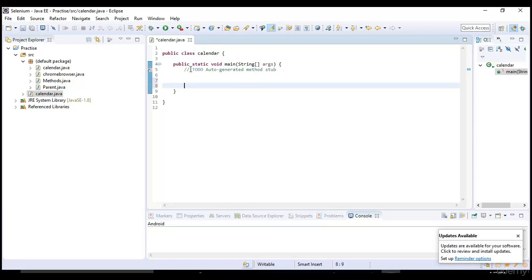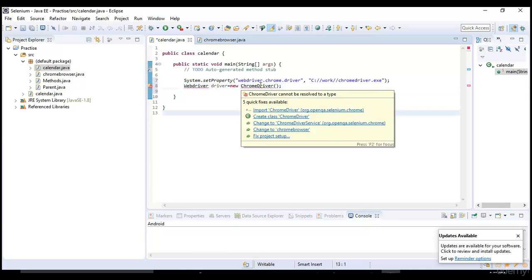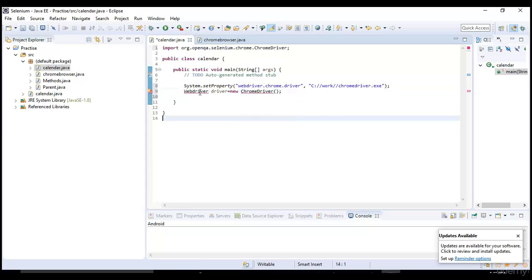Let me start with my Chrome driver because I want to run my test in Chrome. This is where my Chrome driver lies, and I can give WebDriver driver equals new ChromeDriver. So we can invoke the browser with these details, and thereafter I'll provide driver.get with the website name.